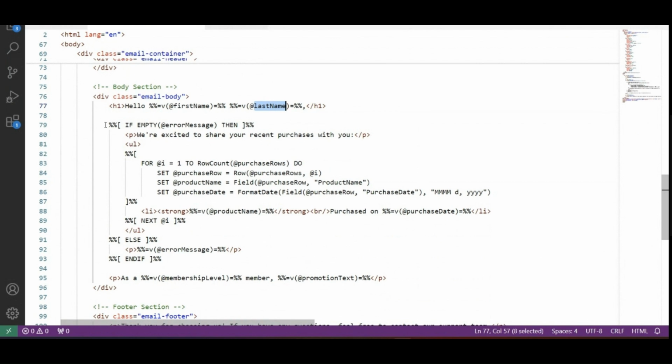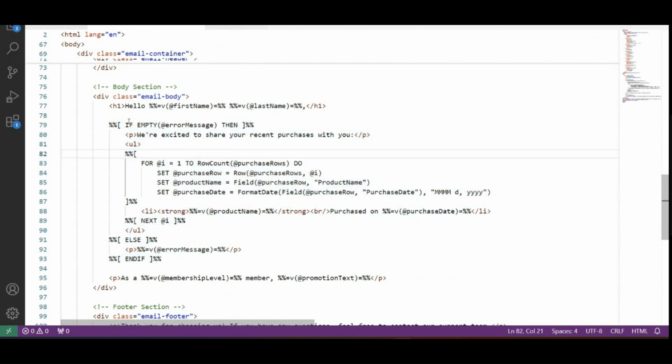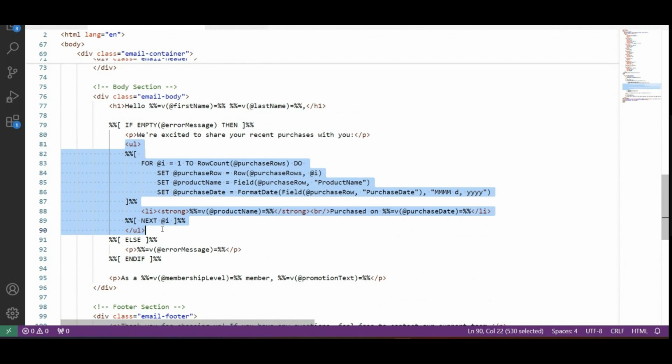Then from line number 79 till line number 93, what we have done is, if there is no error message, we are giving you a text saying we are excited to share your recent purchases with you. And then we are iterating that purchase history, the 3 records at max that we have written in our AMPscript block, and show them in a list. From line 83, we are doing a for loop, and we are assigning the purchase row to that particular counter,